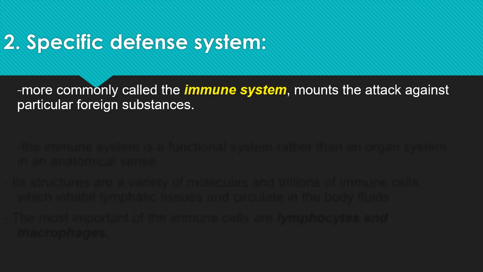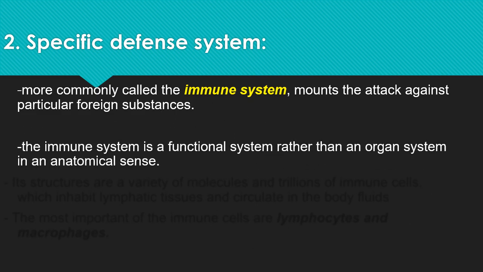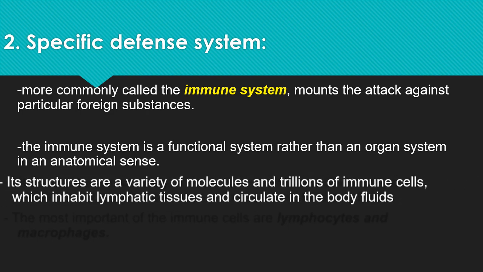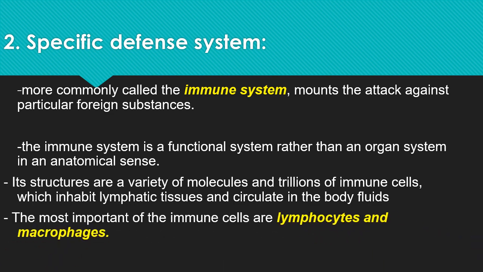Number two is the specific defense system, more commonly called the immune system. It mounts the attack against particular foreign substances. The immune system is a functional system rather than an organ system in an anatomical sense. Its structures are a variety of molecules and trillions of immune cells, which inhabit lymphatic tissues and circulate in the body. The most important of the immune cells are